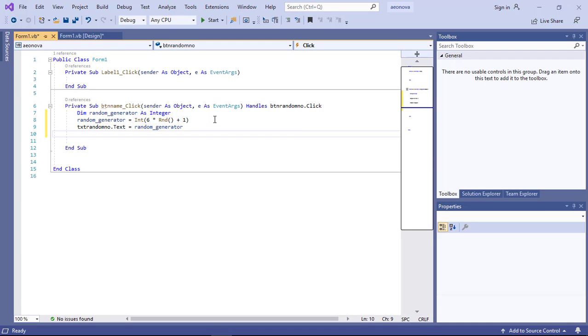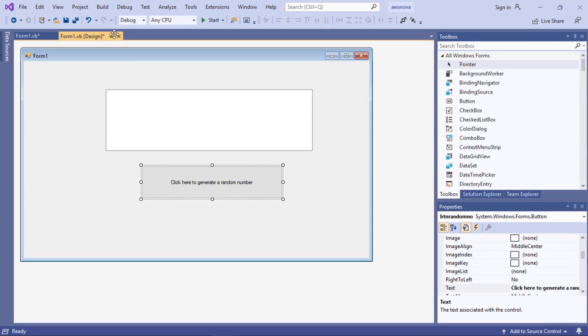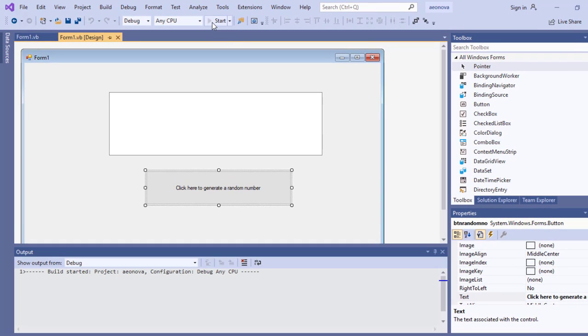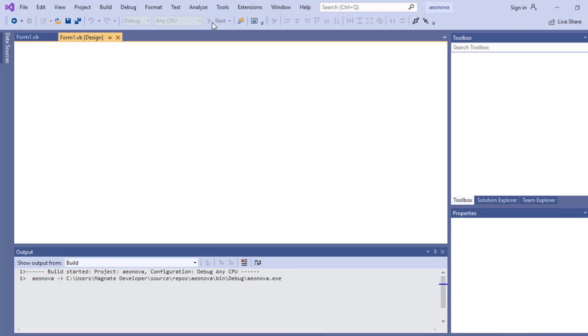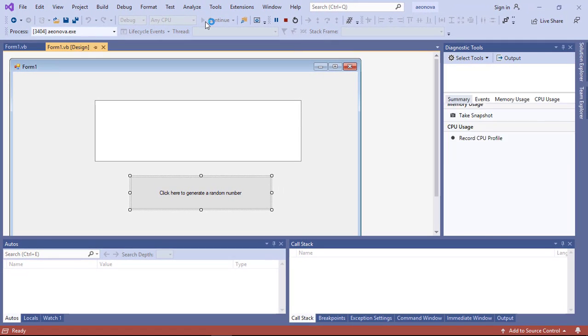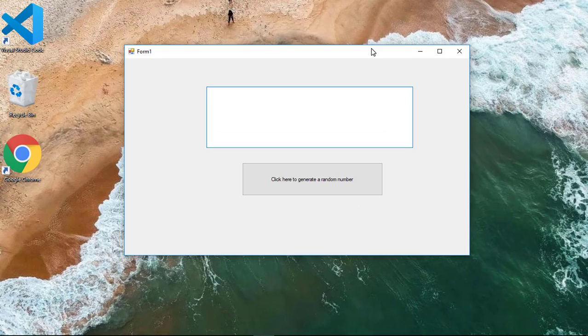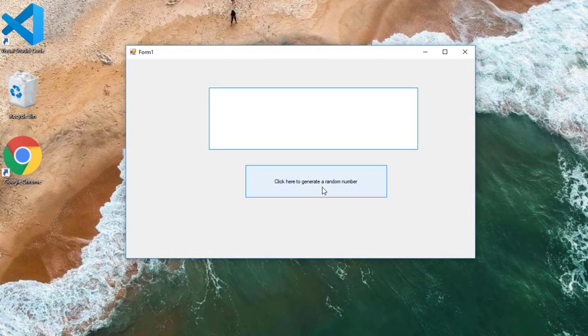So I think our program is done, and the next thing is just to test if it actually runs. I'm going to click start and see if the program works. So we wait, and this is the program. When I click here to generate a random number,